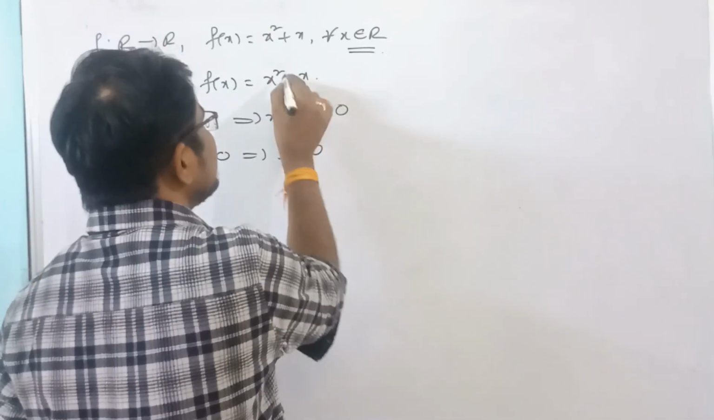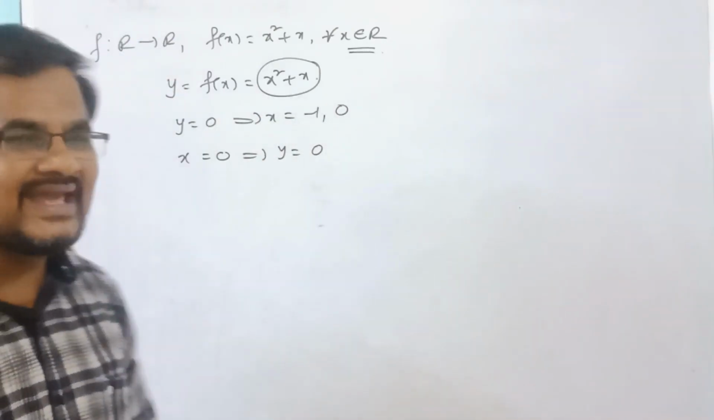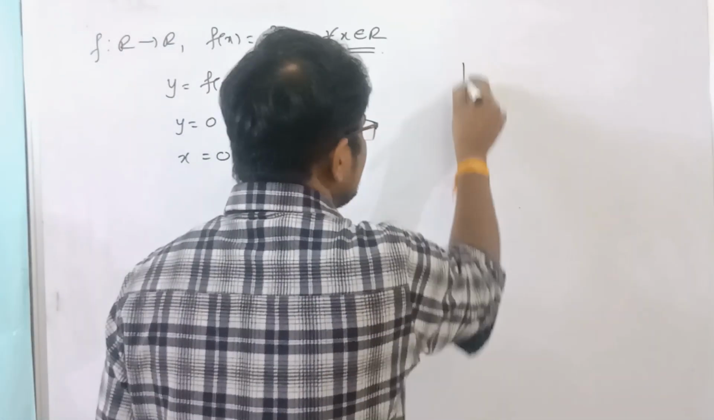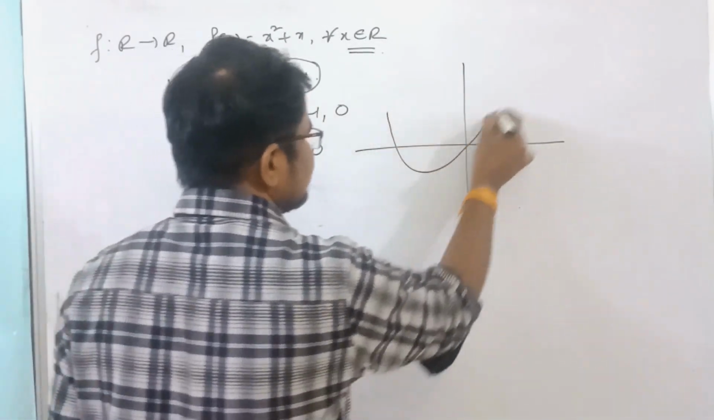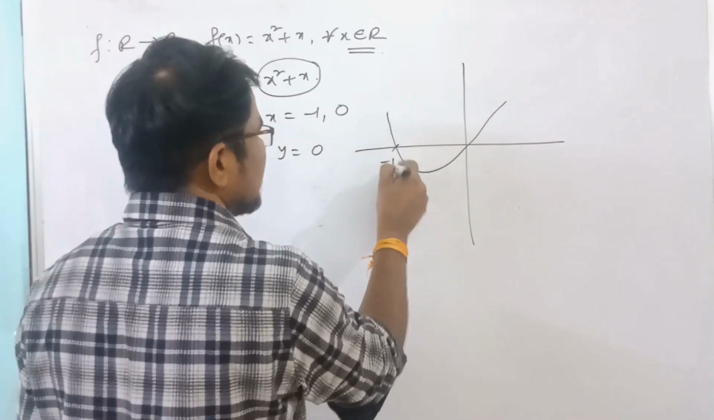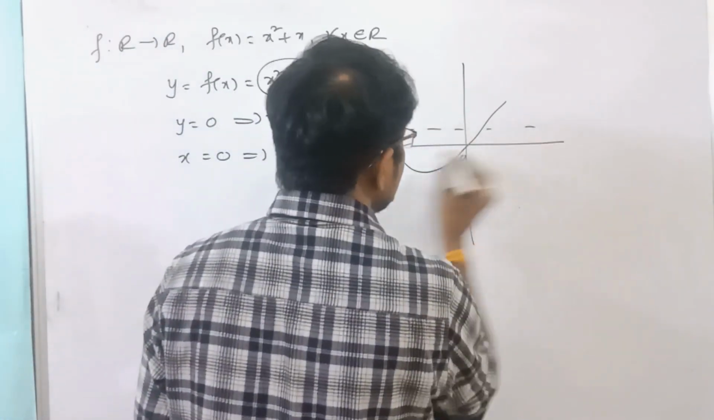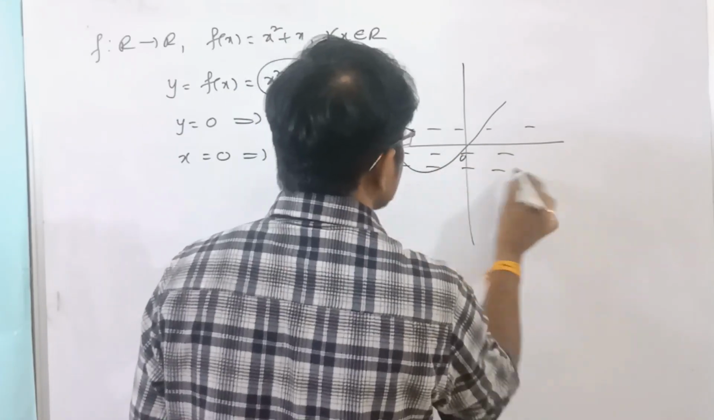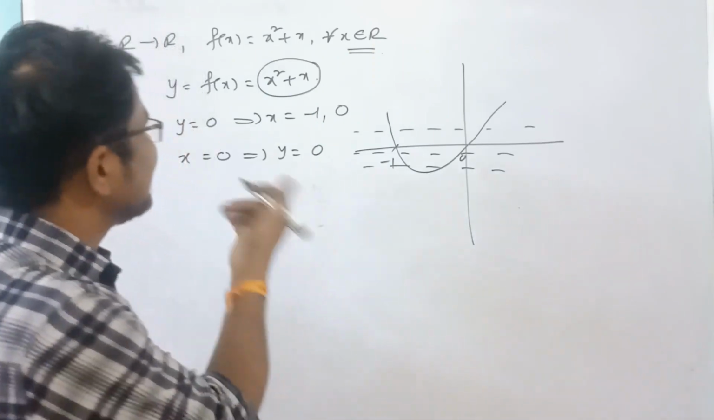And here it is in the form of a quadratic expression, and the coefficient of x square, a, is 1. So definitely it opens upwards. Like this, if you take the graph, here minus 1 and here 0. Draw a line which is parallel to the x-axis. It is intersecting the graph at more than 1 point. So definitely it is